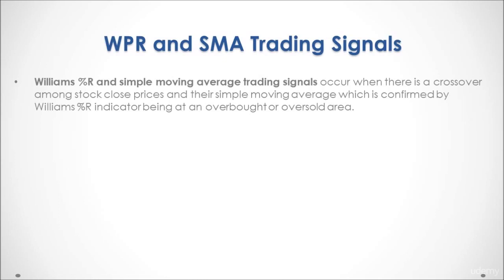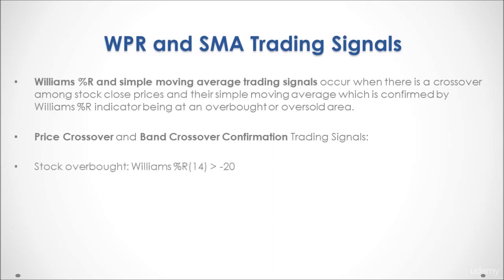Williams percentage R and simple moving average trading signals occur when there is a crossover among stock close prices and their simple moving average, which is confirmed by Williams percentage R indicator being at an overbought or oversold area. Therefore, we have price crossover and bands crossover confirmation type of trading signals, in which a stock is considered overbought if our Williams percentage R is greater than minus 20, and the stock is considered oversold if Williams percentage R